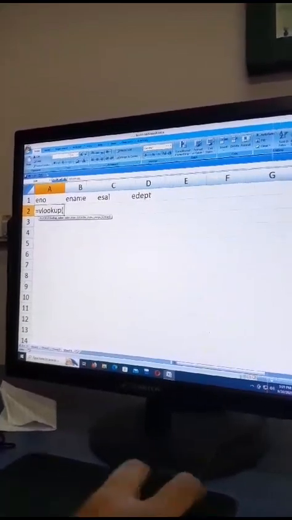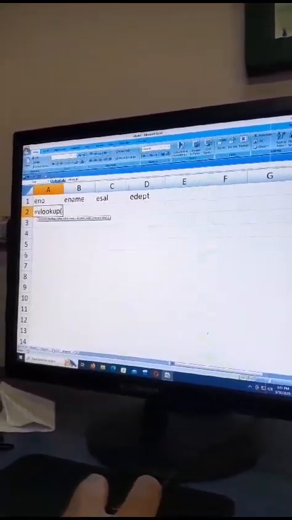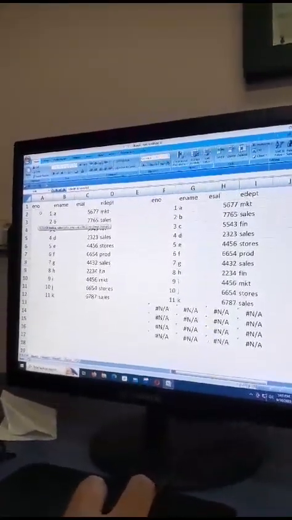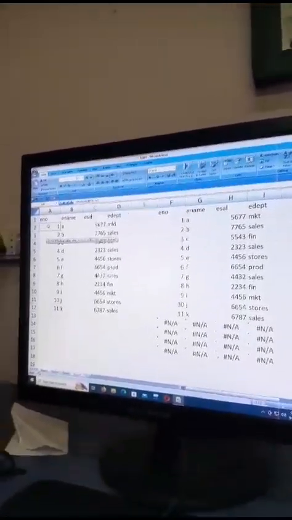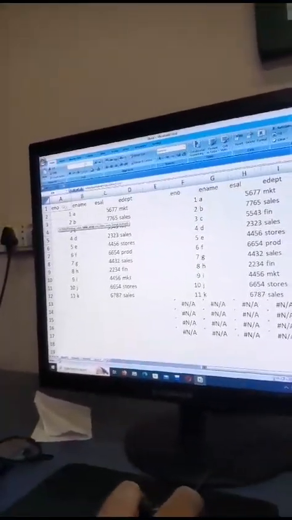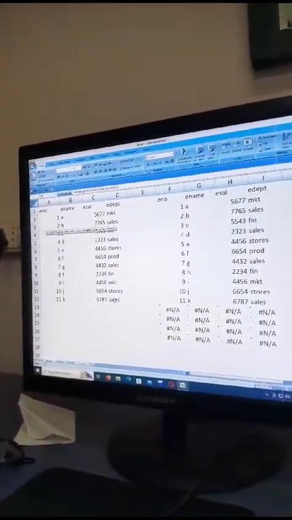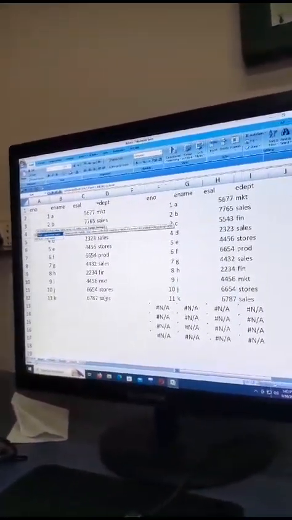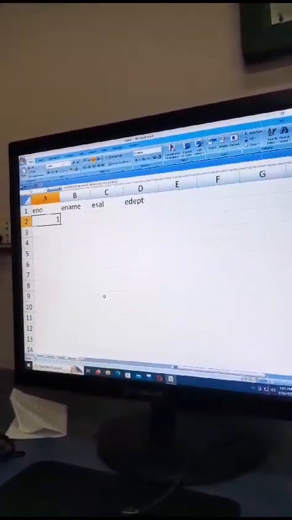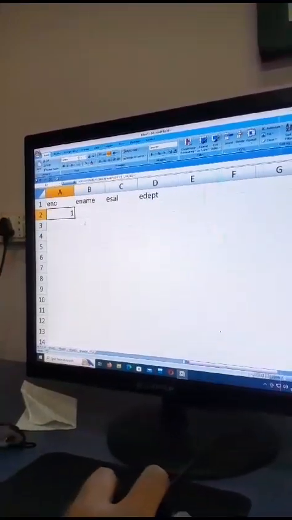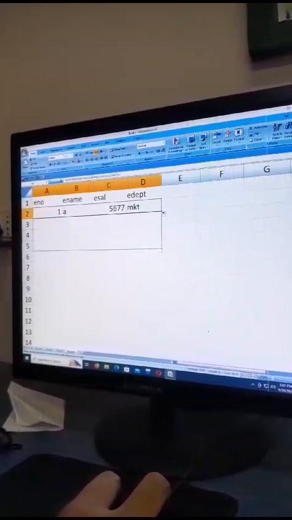Again you go back to the main table. First you select the row value, comma, then select the full table, comma, then the column number, comma, and you say false. Click on false, then press enter. What is happening? The same data is copied to one more sheet. Once I drag, the same data is repeated. It means I want to link the data from one sheet to another sheet.